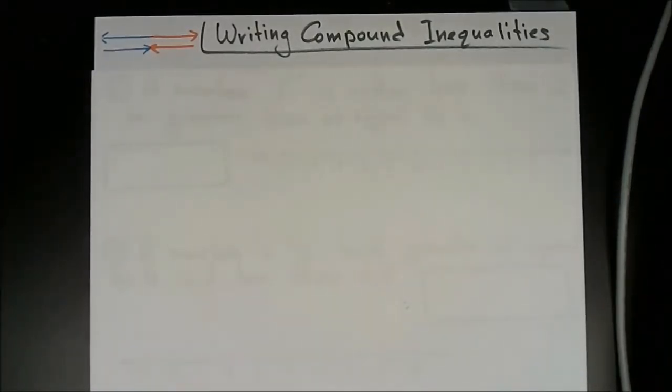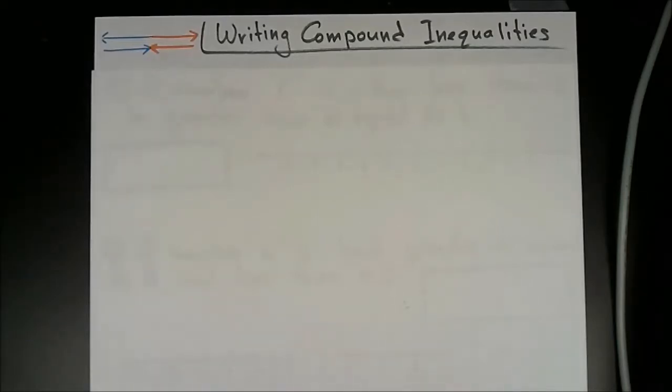The last part of this lesson, and we're almost done here, is writing compound inequalities. In compound inequalities, you'll have two inequalities in one word phrase or word problem. So you'll have two of them on the same number line. Now, don't let this confuse you or make this seem more difficult than it is. All it is is that you have two inequalities combined into one. You have two inequalities on the same number line. That's all it is. Two inequalities, but they're sharing a number line as opposed to being on separate number lines